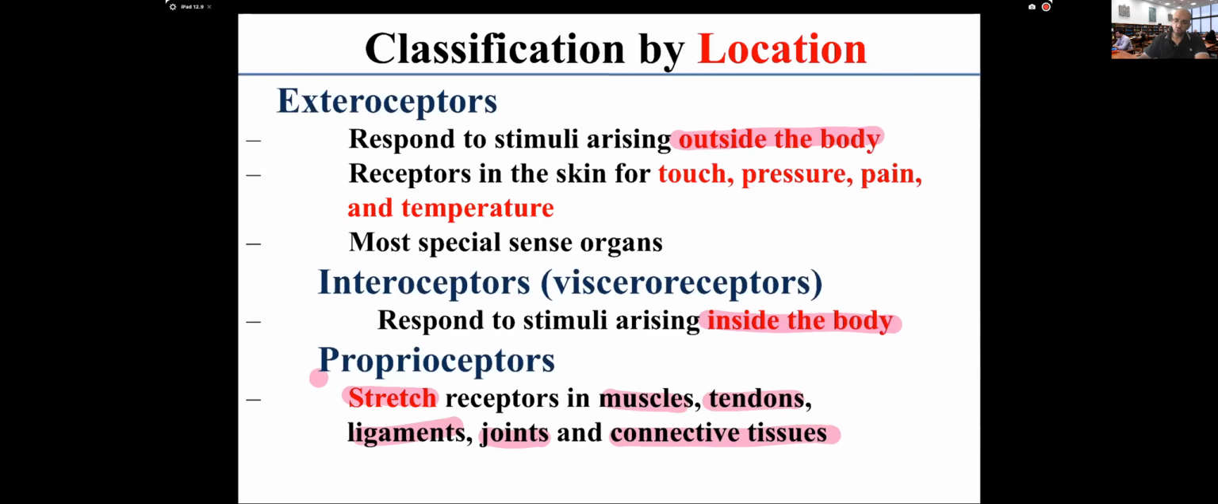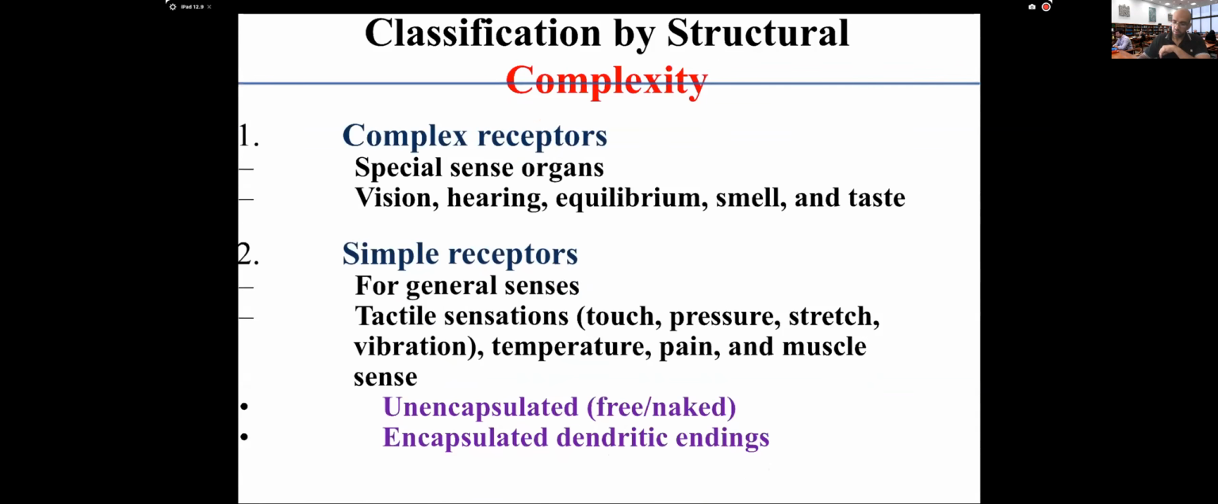So again, according to the location, receptors are going to be classified into interoceptors, exteroceptors, and proprioceptors. We also classify the receptors according to the degree of their complexity into complex receptors and simple receptors. Complex receptors, those are like the receptors of the special senses,